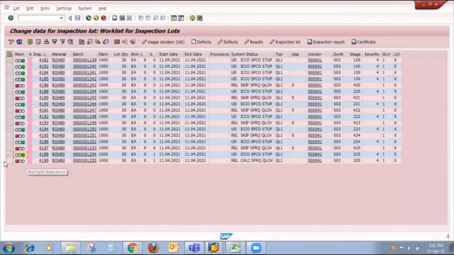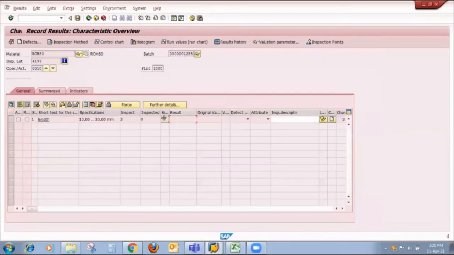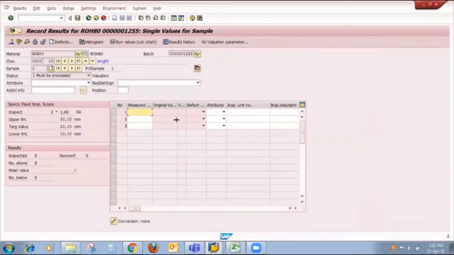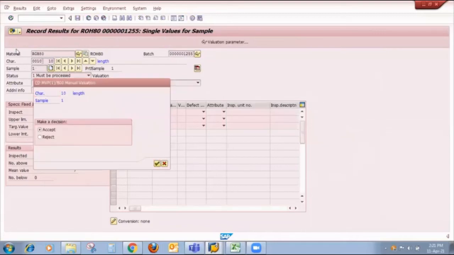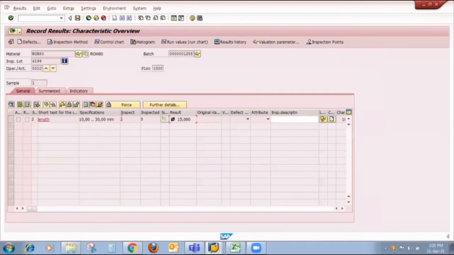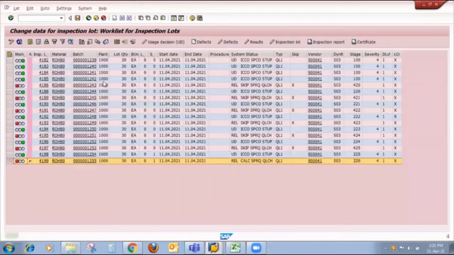Currently this inspection lot I accepted properly. If I successfully accept the inspection lots, only then the system allows the proper inspection stage change from 320 to 420.